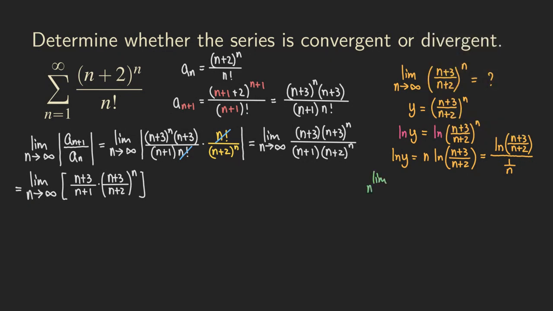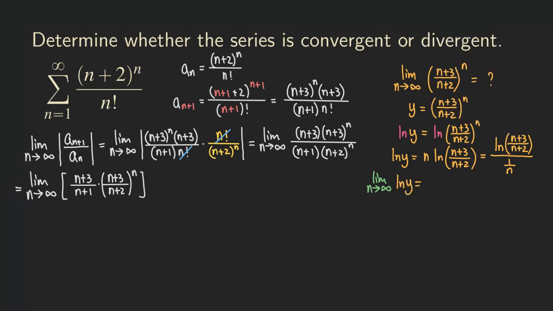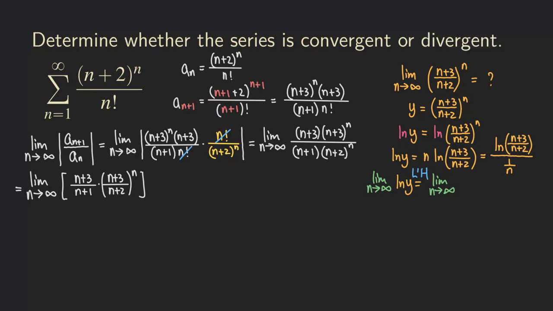So when we apply the limit as n approaches infinity for the ln of y, we are going to have the limit of this, but then we can apply L'Hopital's rule at the same time, right? So let's take the derivative of the numerator and the denominator separately and see what's going on. So if we are doing that, then we are going to get what? The derivative is going to be (n plus 2) over (n plus 3) times